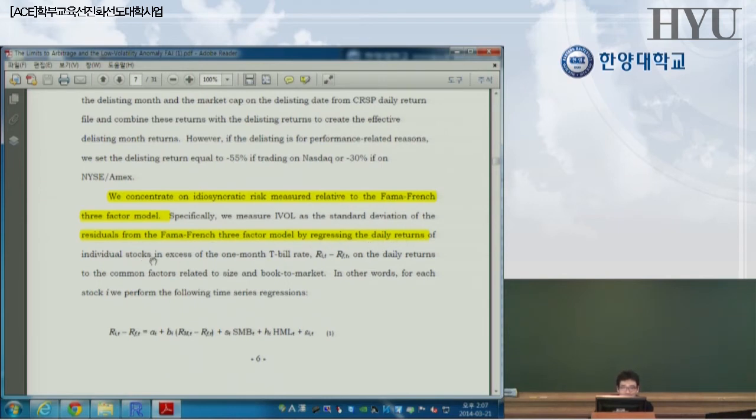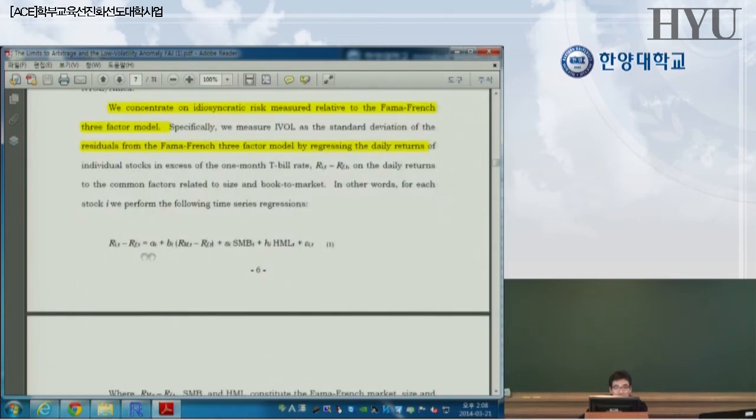return of the individual stock in excess of the 1 month T-bill rate on the daily return to the common factors, relative size of the market. This one is this part. In other words, for every stock, they perform this kind of regression analysis. And this is excess return over the risk-free rate. And then they control for the market factor, size factor, value factor, and then this alpha is, as I told you last